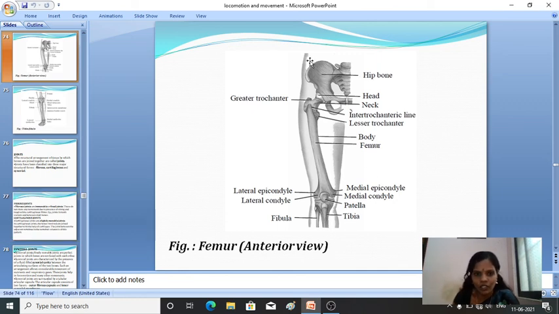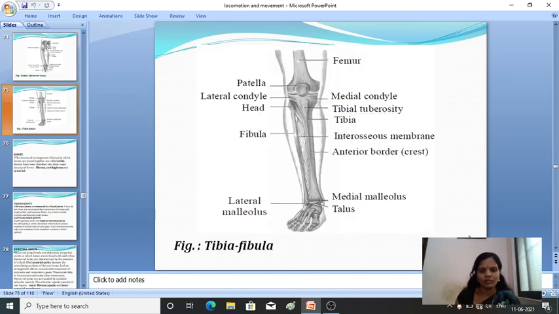This is the femur. This is the structure of the femur. Here you can see the greater trochanter. This is the hip bone, and head and neck region. This is femur, longest bone. Here you can see the kneecap, and this is the tibia, and this is the fibula. For hands it will be radius and ulna. In case of leg it is having tibia and the fibula. Okay. Here is particularly tibia and fibula. Femur. Structure where exactly this tibia and fibula are present in the legs.